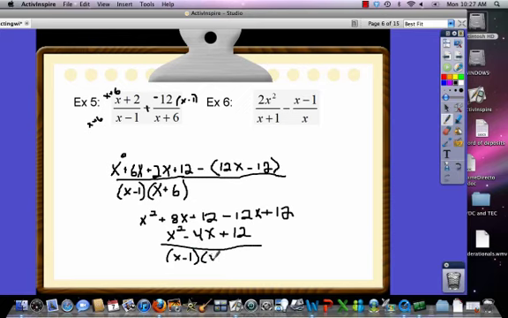So one way you can sort of pre-guess if it's going to factor is look at the denominator, because if it's going to factor, chances are something's going to cancel out with the bottom. Well, if you had an x plus 6 up here, you'd have to have an x plus 2 to get positive 12, wouldn't you? And positive 6 and positive 2 would be positive 8, and that's not right here. 6 and 2 sounds reasonable, okay, because 6 and 2 has a difference of 4 and multiplies to 12, but you'd have to have a negative 12. You'd have to have a negative 6 and a positive 2. So it's not going to factor the way it's written, okay, because they'd have to both be the same. If they're both negative, you wouldn't get negative 4. If they're both positive, you wouldn't get negative 4. So that's the way it's going to stay, just like